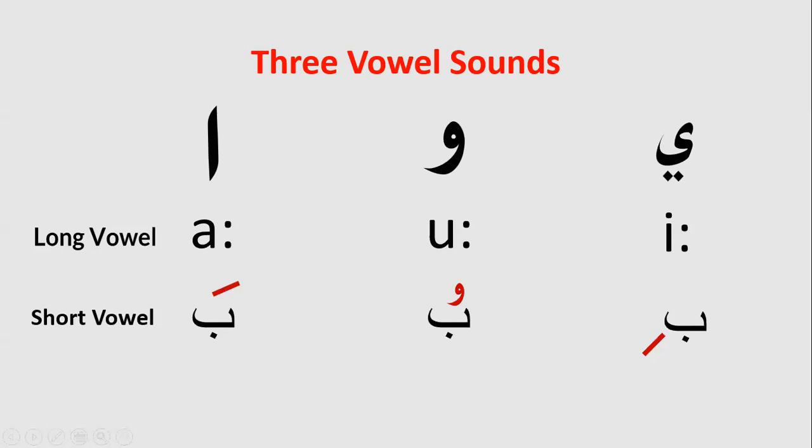We will study this later in the coming lessons, but now I'm just showing you that Arabic is easy in terms of vowels. So don't worry about the pronunciation, whenever you learn the alphabet and the letters and how to write them and read them properly. Arabic is very easy in terms of pronunciation, because we have fewer vowels, unlike other languages that have a lot of vowels. And when a language has more vowels, it means that it has more difficult pronunciation.